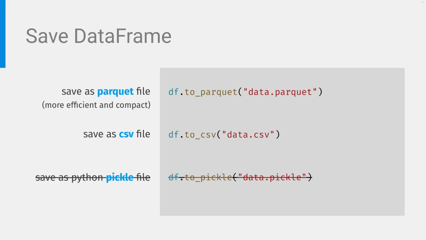You can also save the data frame in different formats, but Parquet and CSV are all you need most of the time. In my opinion, Parquet is more efficient in speed and disk space, and it is also compatible across different systems. In many online tutorials, you can see examples of saving data in Pickle format. My advice is don't do that. Pickle files always have compatibility issues with Python versions. If your teammates have different Python versions, they will have trouble opening your data file.